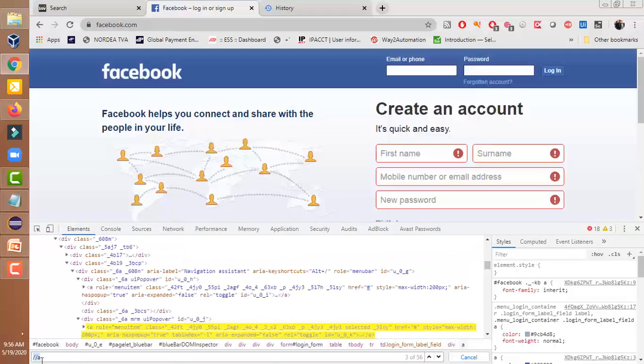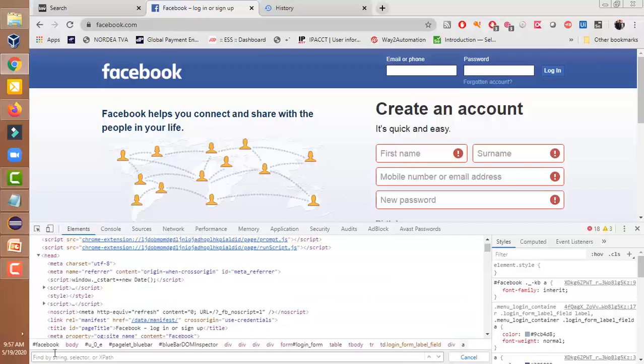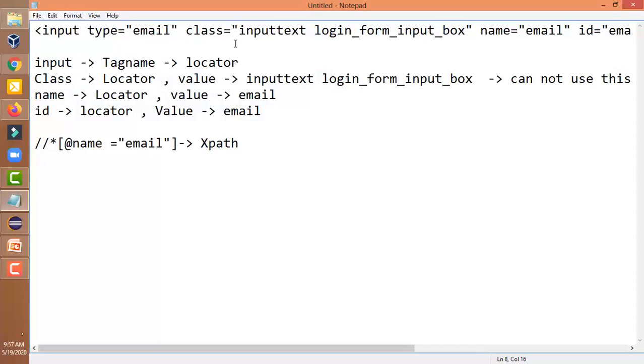So always remember this: A is the anchor tag that returns all of your links. So tag name is a locator. I will discuss how we can use this tag name, and some of the tag names are A, and this is used to find out the links. I will also explain in coming lectures how we can find out the different links and how we can count the number of links in a page.